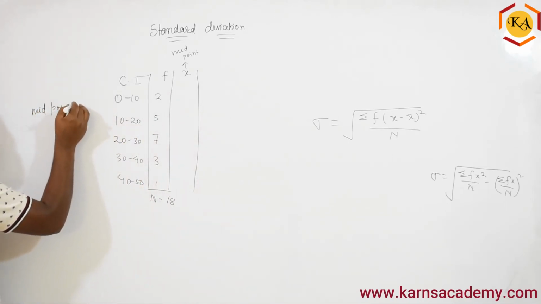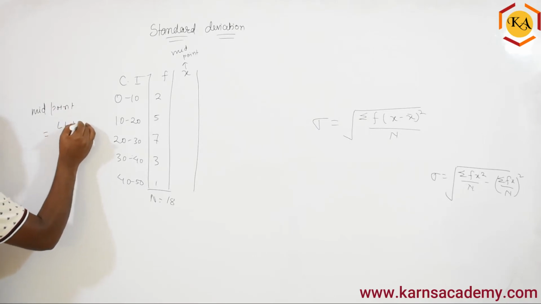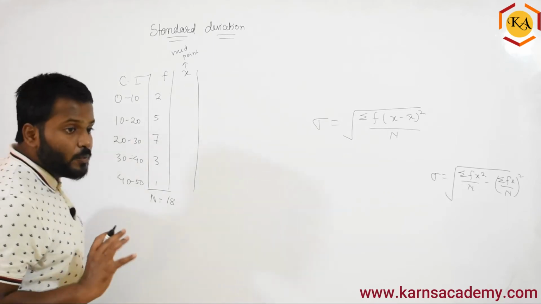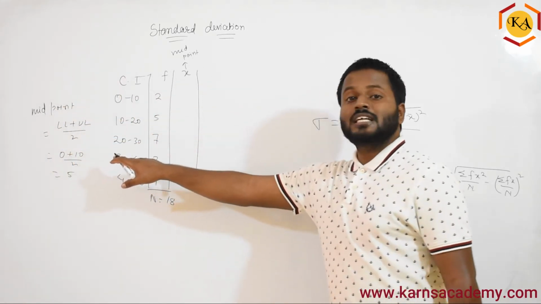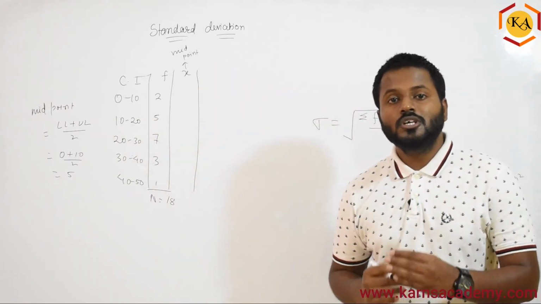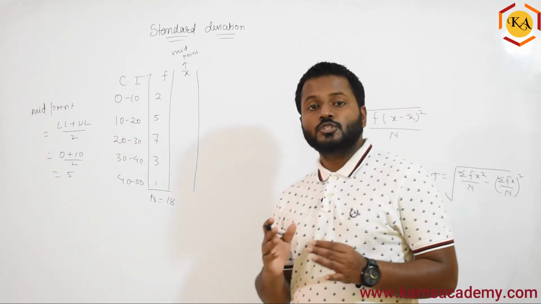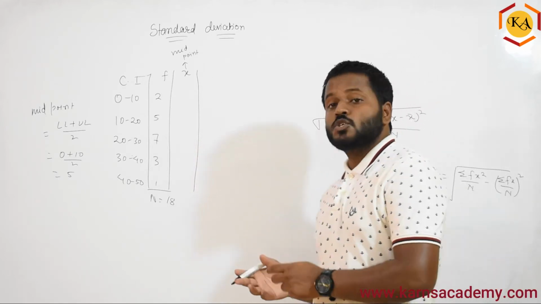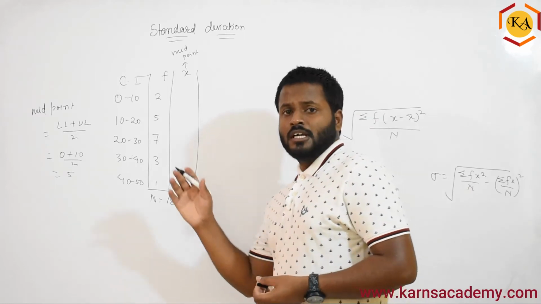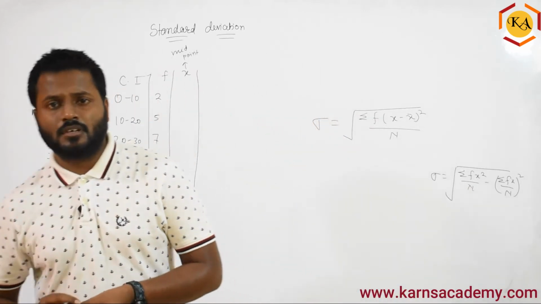Midpoint formula is nothing but lower limit plus upper limit divided by 2. So 0 plus 10 divided by 2, which is nothing but 5. In between, I am giving you this formula as well as the correction factor formula all the time, so that if you keep on writing these formulas, you will have a practice. And when they ask you a 1 marker question, you should not be confused. That's the motive. Each and every time I am just giving you this particular formula, nothing else.